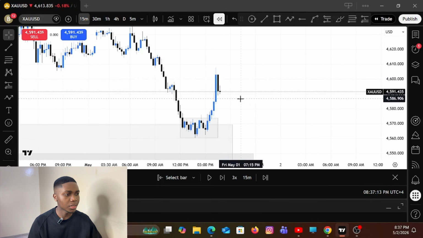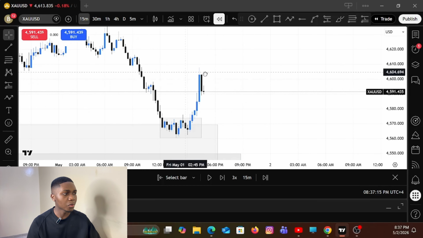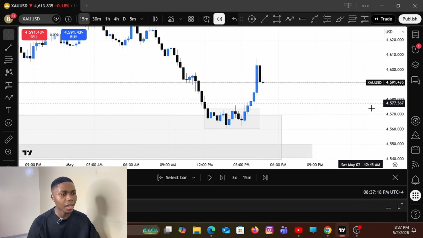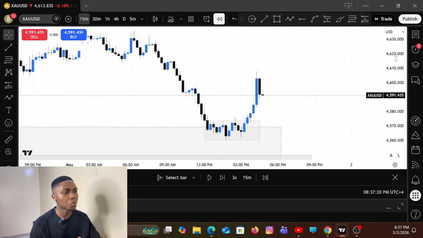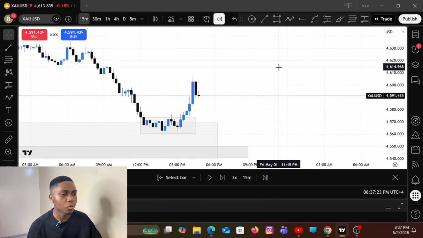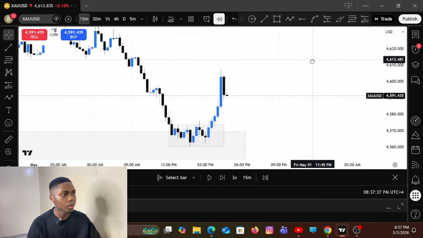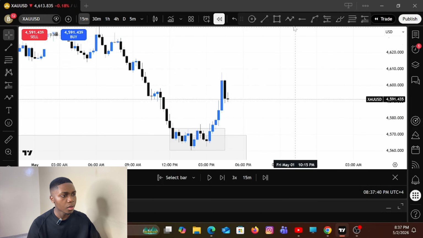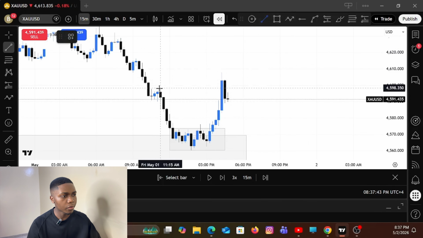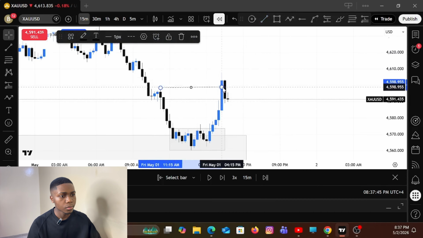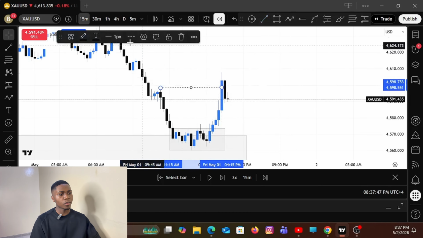So I was still patient. I don't have to chase the market. I just have to set my traps and wait for the market to give me that clear information, to act, then I'm going to react, right? So when the market had this push to the upside, and I had this nice closure, giving me a lower time frame change of character here,